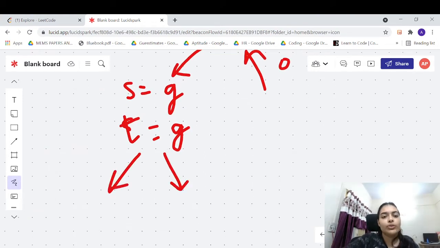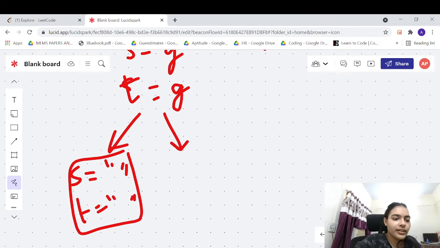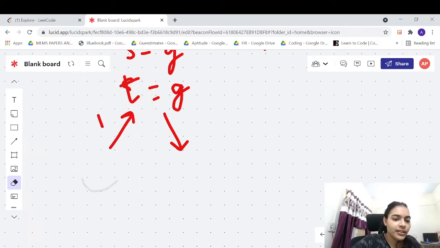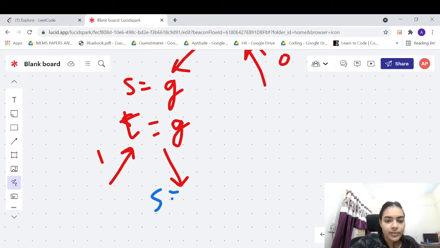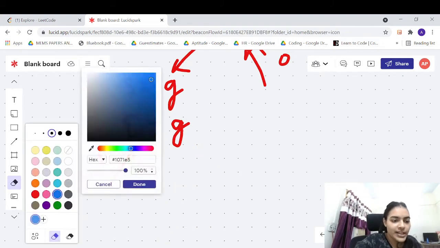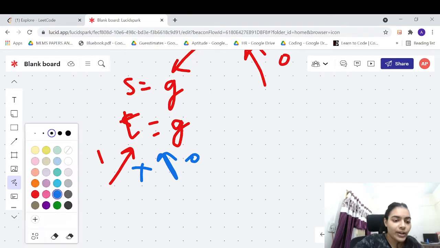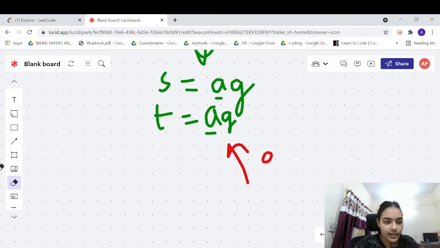This call will also go to two different calls, right? First call is you will get both of them as empty string. This base case will return you 1 as the answer, right? It will return you 1 as the answer because you have made G with G. Okay, and the second case will be when you will try to make G with an empty string. This will return 0. You cannot make G with an empty string, right? So in this case you will return 0. So 1 plus 0 will be 1, and you can return back 1. Okay, and this call is anyway returned 0. This call will return back 1.